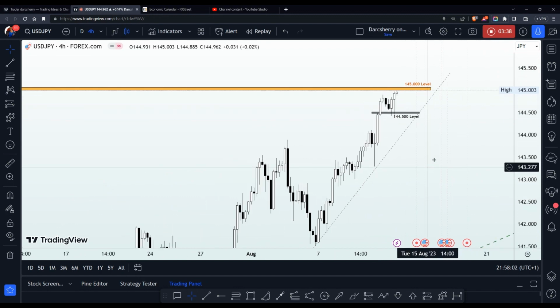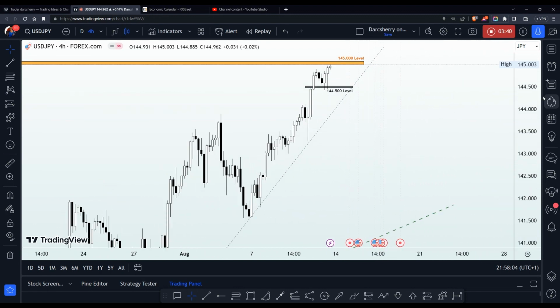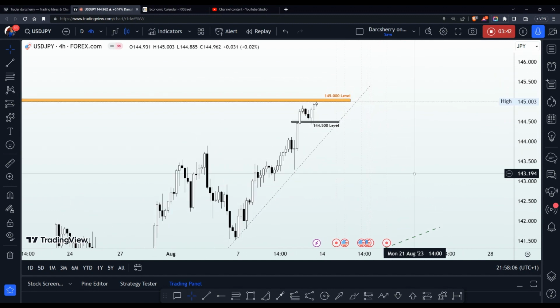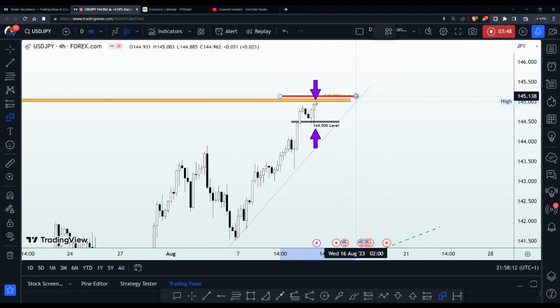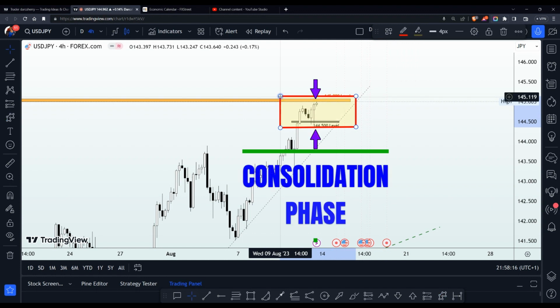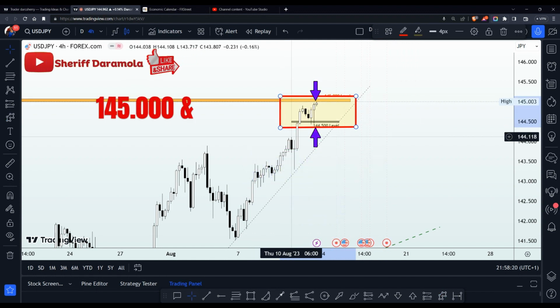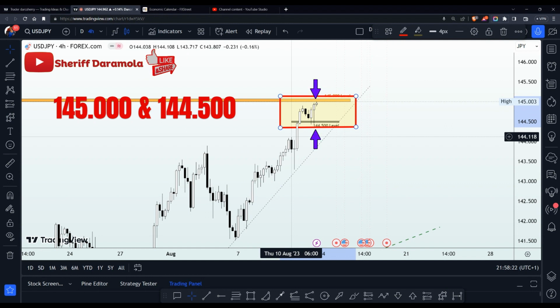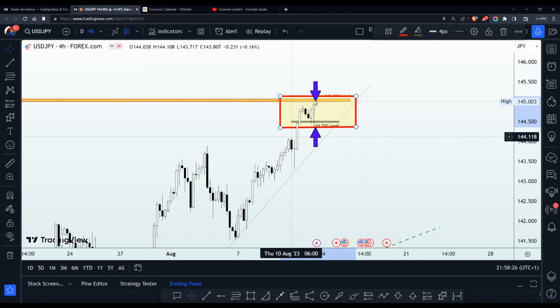Now, with the current structures marked out here, let me zoom right in so that we can see, as this is where our center of focus will be for this week. So we have a situation here. As soon as price action tested the 145.00 area, we saw a little bit of consolidation phase happen as price action remained confined within the 145.00 level and of course the 144.500 area